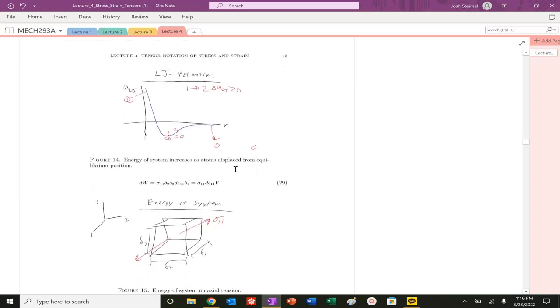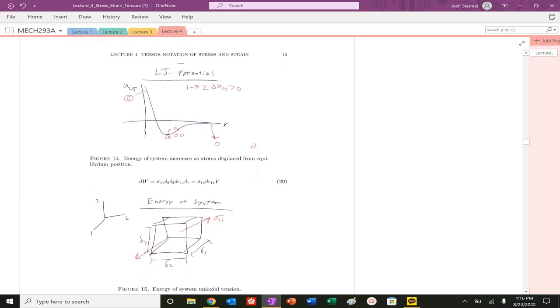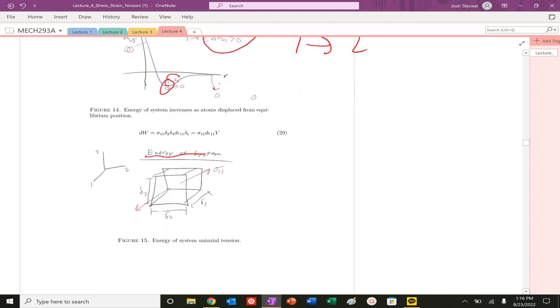As hopefully you've seen before, we're taking our system here, and we're applying a uniaxial tension in the 1-1 direction. We're going to take our system from system 1 to system 2. So going from system 1 to system 2, the change in the internal energy of our system is larger. This is something the system doesn't want to do. We're stretching our bonds, pulling them further apart. We're going to increase the internal energy of our system, and thus we are doing work on our system.